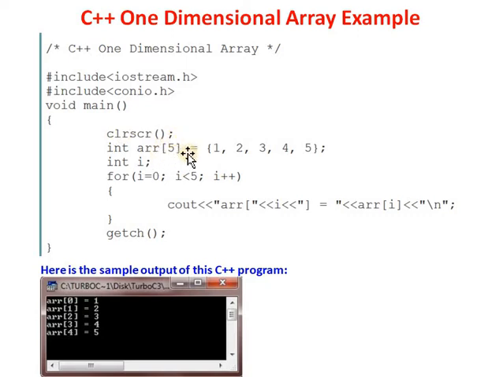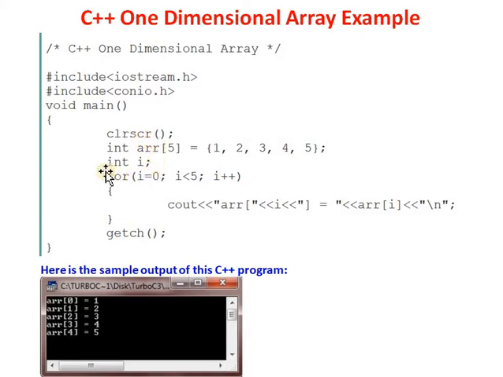The size is always specified in square brackets. After declaration of the array, by using the equal to sign, I assign 5 values to the array. The values are 1, 2, 3, 4, 5. The array is of integer type, so in the array 5 integer values are stored.